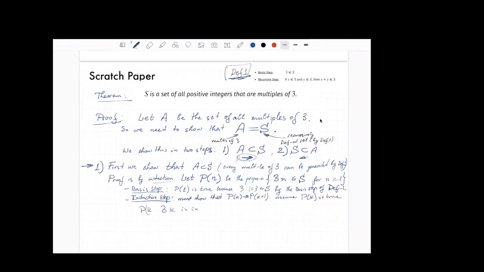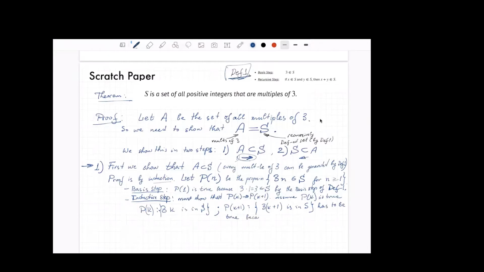Here's what Pk says: 3k is in S. Pk+1 says 3(k+1) is in S. Why can I claim that Pk+1 is true? Well, you never write 'has to be true,' but I'm going to write it down that way. It has to be true